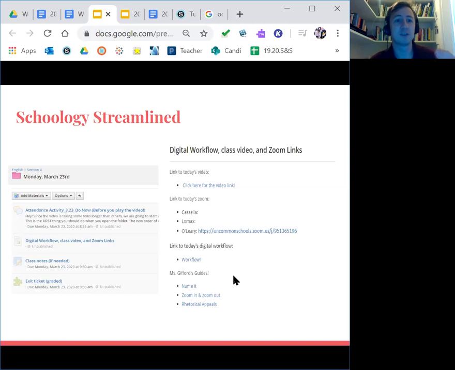I really want to highlight that Ms. Gifford's guides are at the bottom, and they are linked. Everyone should be using these. Remember, in the virtual school, there's no revision, there's no makeup work, there's no late work. Your grade is your grade. Ms. Gifford's taking the time to put these things together to make sure everyone is successful.